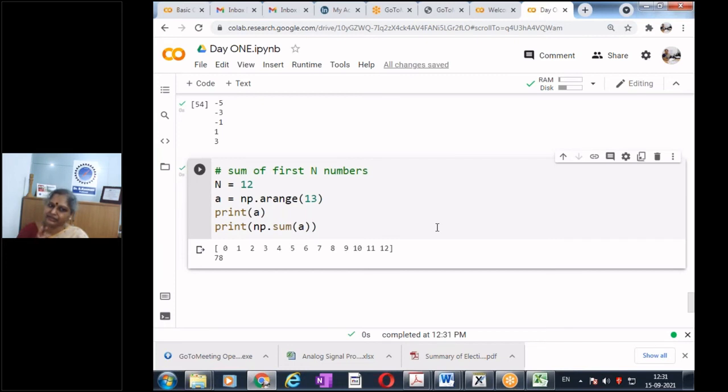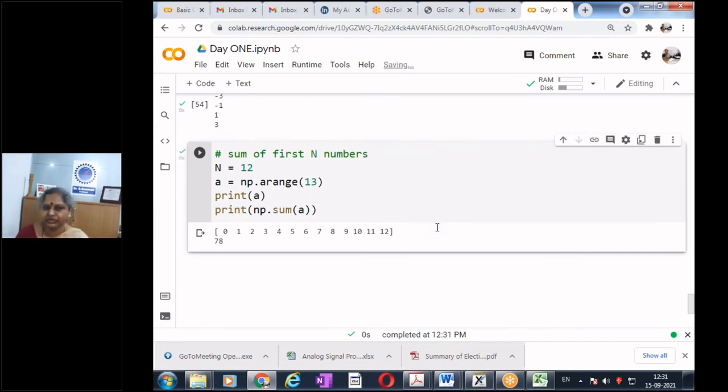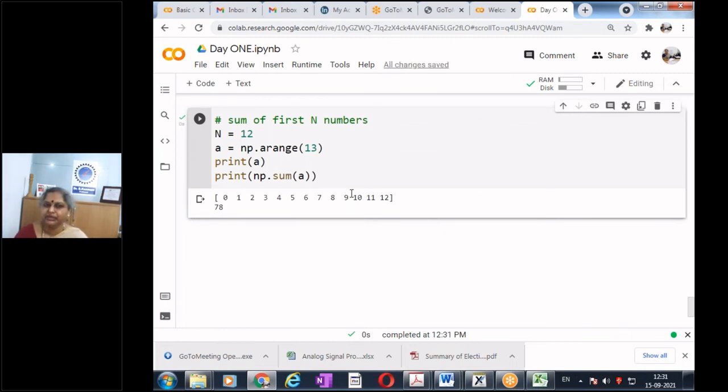Yes. So I want to get the same answer but using a for loop, because I want to learn how to use a for loop. So if my n is 12, I should get 78. If instead of 12, let us say I make it 10, and I want to add the numbers from 1 to 10, first I'm defining it. I run it for 10, and the formula we know is n into n plus 1 by 2.